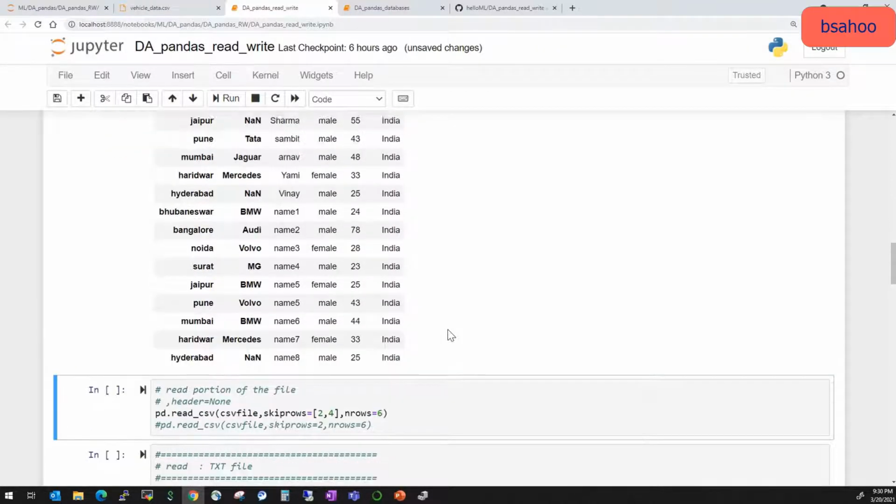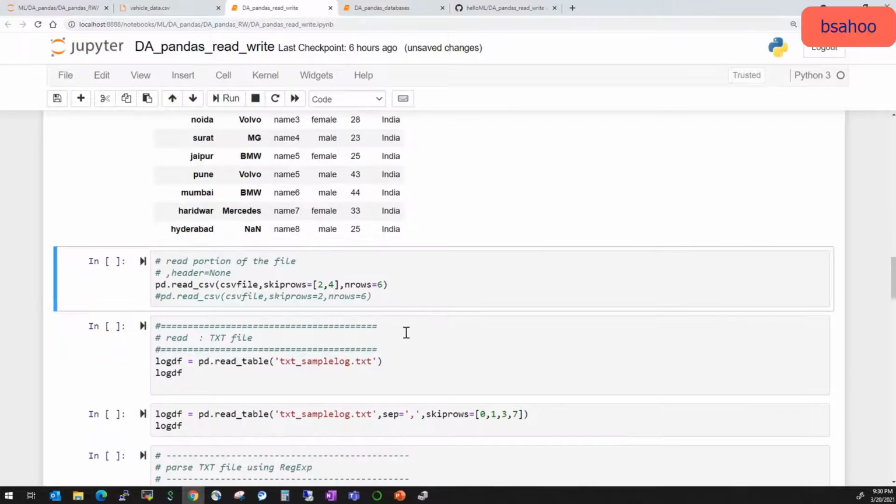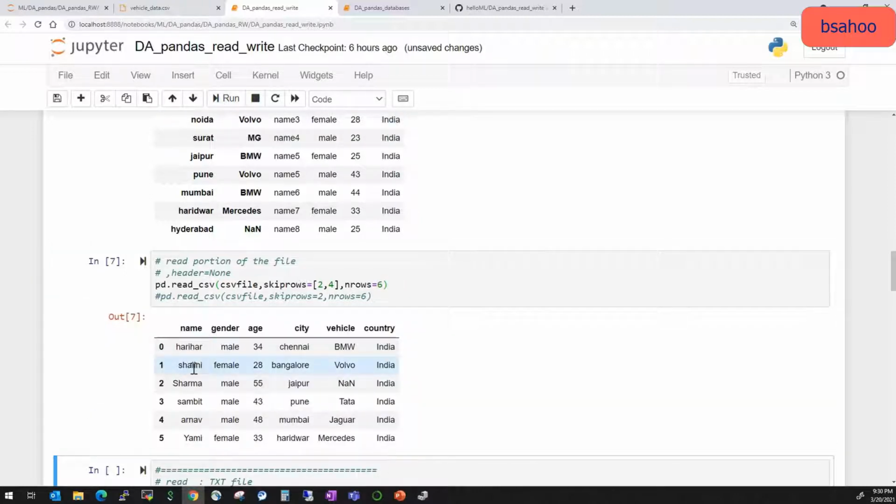Okay, let's suppose this is your CSV file. If you want to get some portion of that CSV file, and how to do that, let's suppose you want to skip two lines, like the third line and the fifth line. That means the index I will subtract 1 because it's starting from 0, and number of rows you want the first 6 rows. Okay, I'll just try to run it. As you can see,